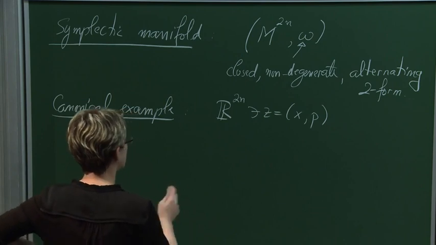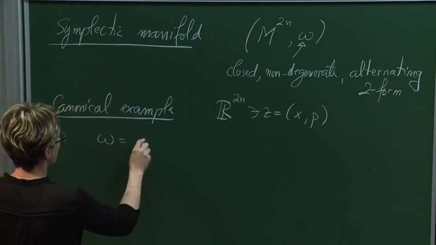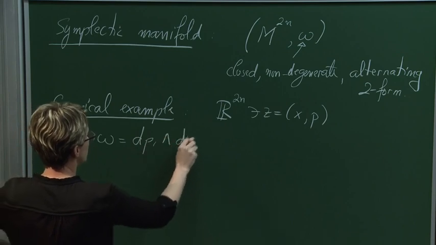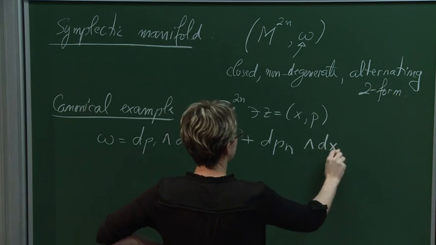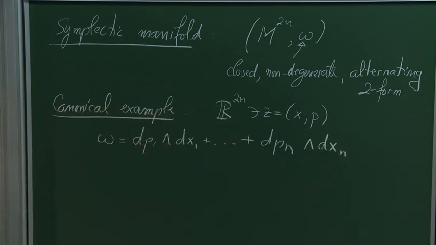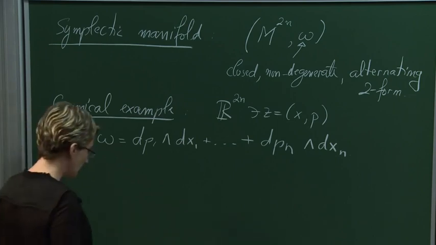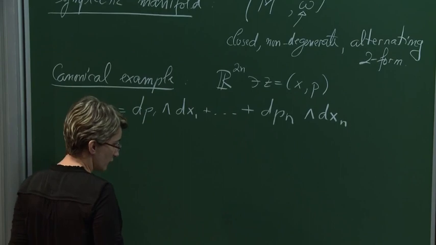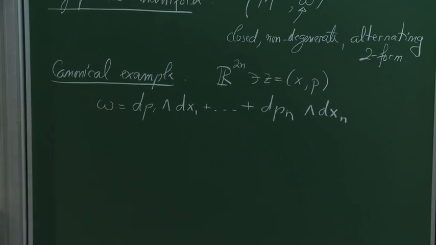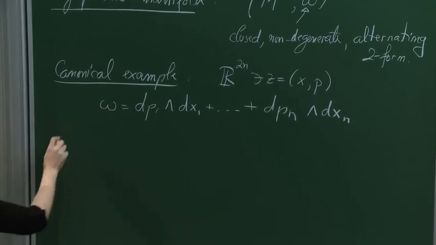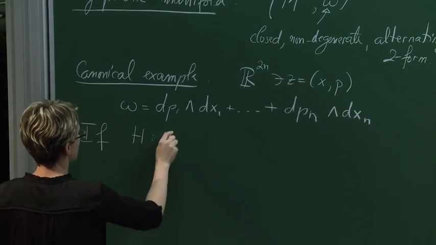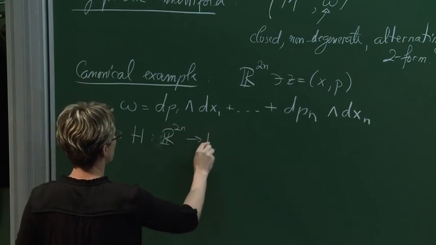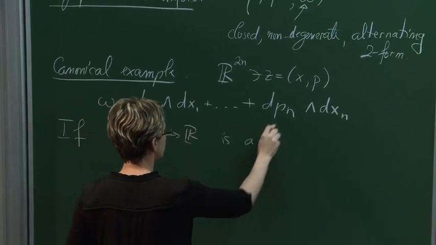What is the canonical symplectic form? It is dp1 wedge dx1 plus ... plus dpn wedge dxn. Okay? And it's clearly a two form, which is closed, non-degenerate, and antisymmetric. Now this symplectic form is the one that is responsible for Hamilton's equations in their traditional form. So if H is a Hamiltonian, let's say from R^2n to R,